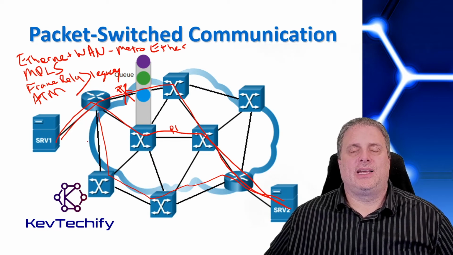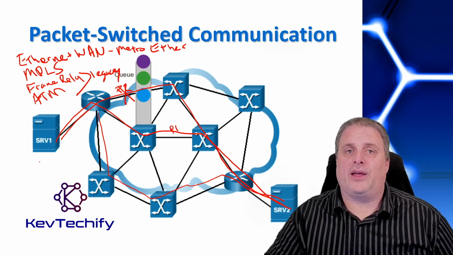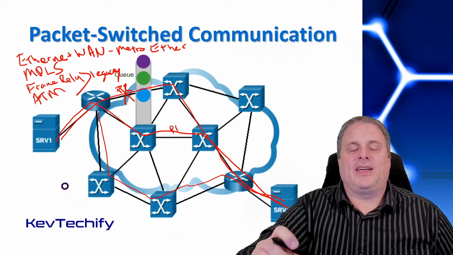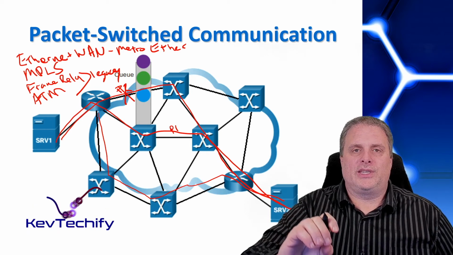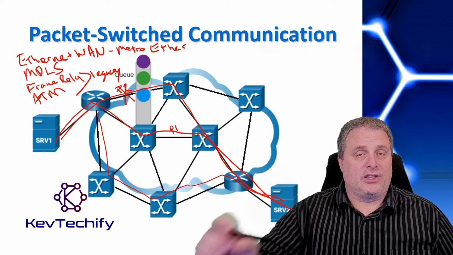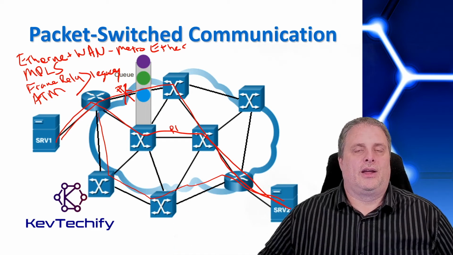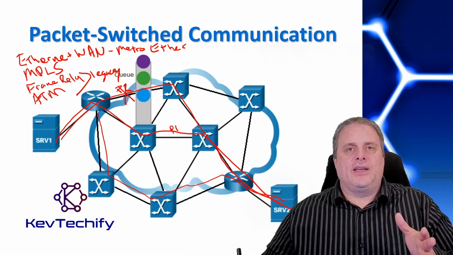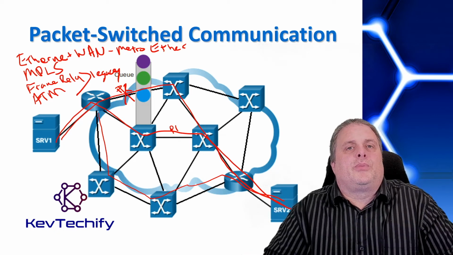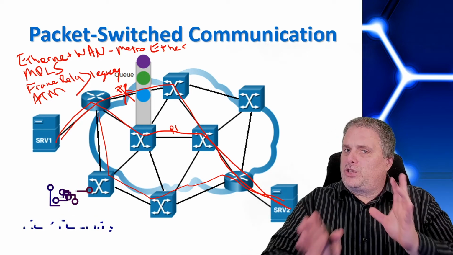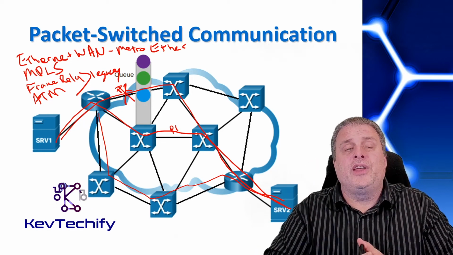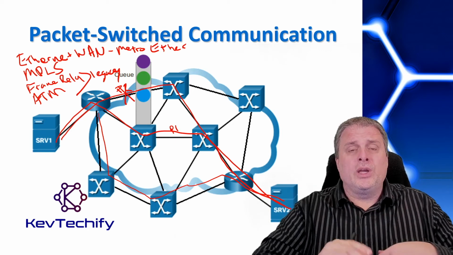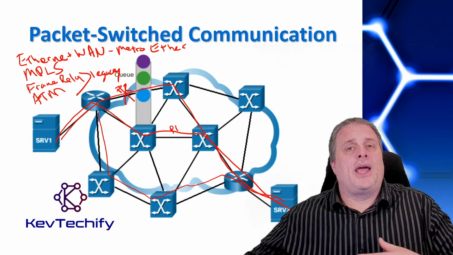Each packet has the potential to take a different path. And notice I said potential. If when that second packet gets there and the routing protocol determines that the path that the first packet took is still the best one, it's going to send that. And most of the time it will. Because to send all those packets usually takes less than a couple seconds. And usually your networks don't change that quickly. But if they do, the routing protocols could respond quick enough and make a change to how that packet gets through the network.